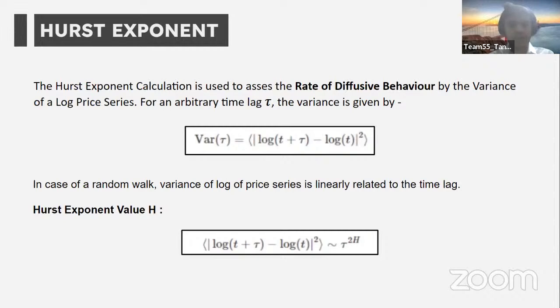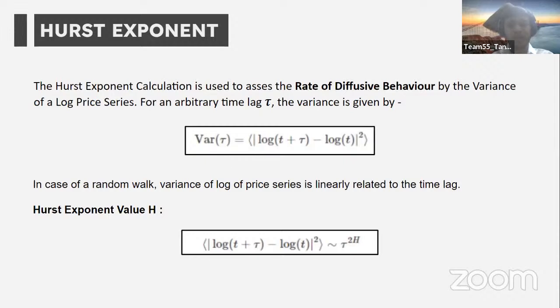So let us begin with the Hurst exponent. The Hurst exponent is used to assess the rate of diffusive behavior by the variance of a log price series. So here we can look into the formula of Hurst exponent. In the case of a random walk, the variance of a log of price series is linearly related with the time lag which we are taking into consideration. So by the definition of Hurst exponent, here twice of h will become equal to 1 and h will be 0.5. But if the time series is not random, then there exists autocorrelation in the time series, and